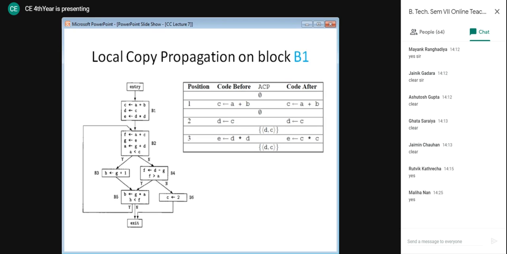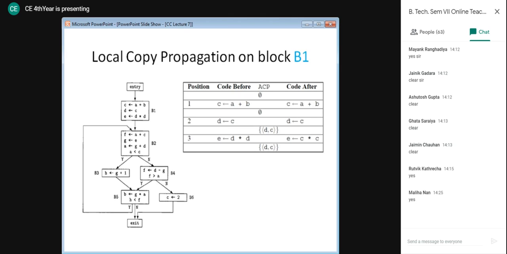Apply this for block B2 and tell me the final value of ACP for block B2. You have to remember that whenever you start working upon a block, ACP will be an empty set, because we are working on local copy propagation. We have to focus on one block at a time.